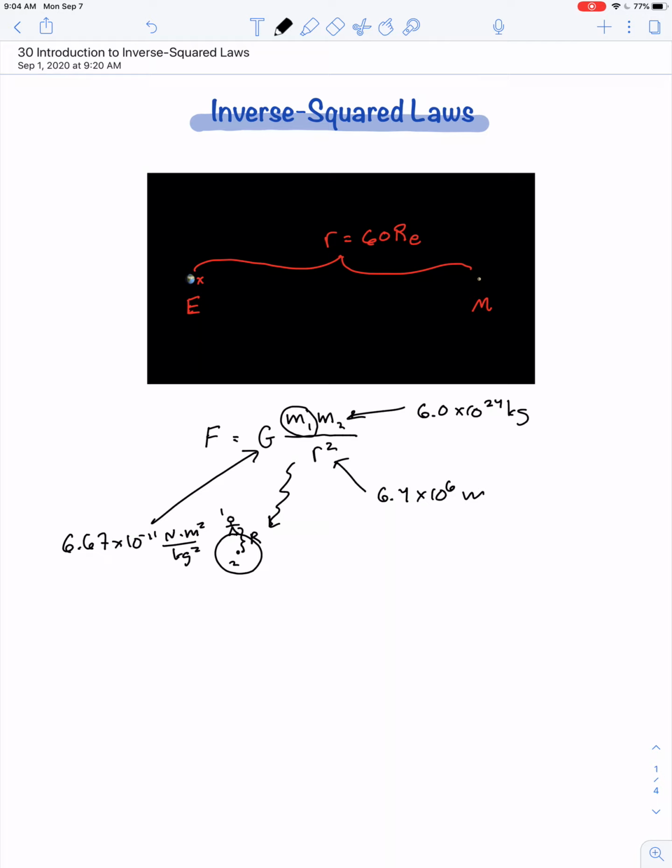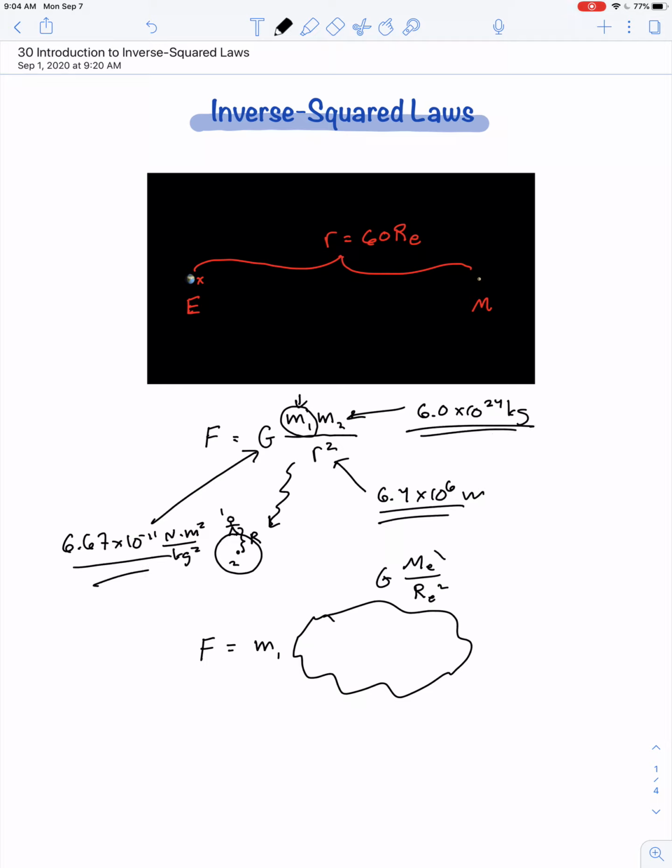So if you put this all together, you can plug in all of the numbers except for this mass number 1. And so you'd find the force between you and the Earth can be found by multiplying your mass times all this other stuff, which would be g times the mass of the Earth divided by the radius of the Earth squared. Well, if you grab a calculator and use these given numbers, you can figure out what that calculates out to. And it's no surprise, it comes out to be 9.8,